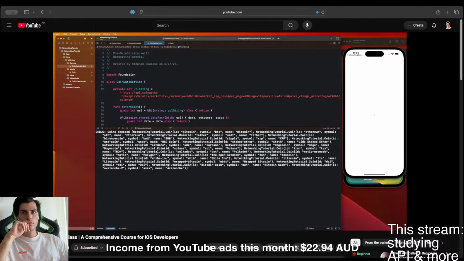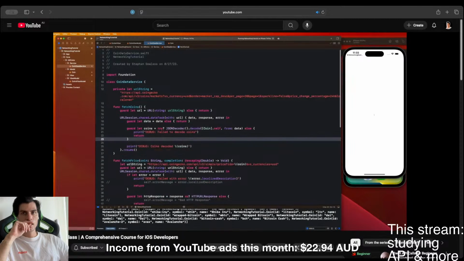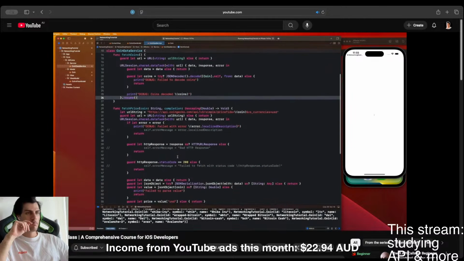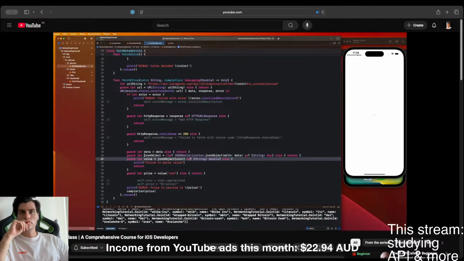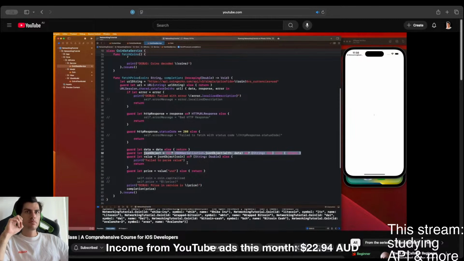So let me just dive a little deeper into that for those of you who might not understand what the decodable protocol is. Basically, guys, it's doing this process for us underneath the hood, right? So it's serializing that JSON object, and it's taking all of the keys and the values that it comes back